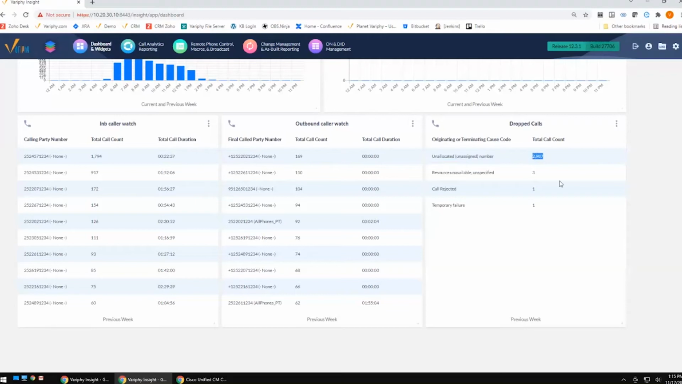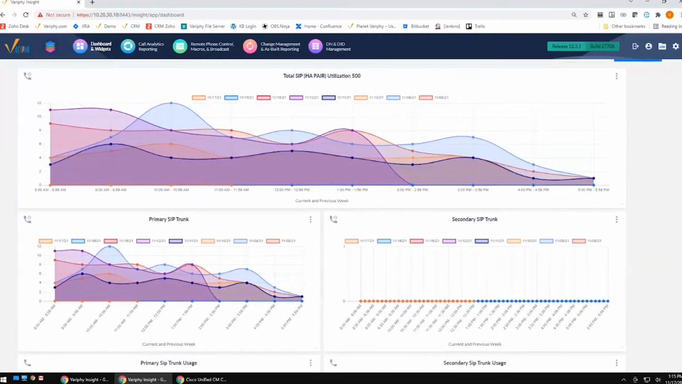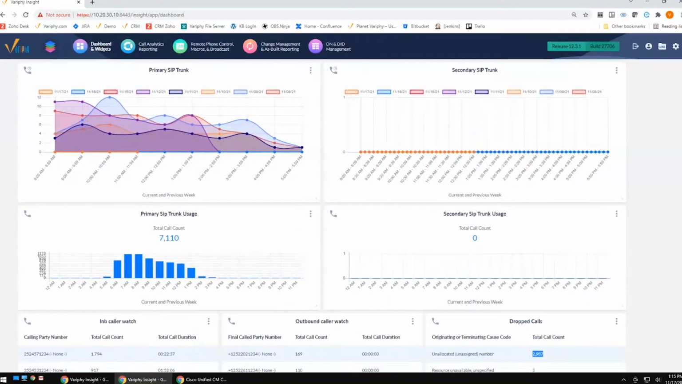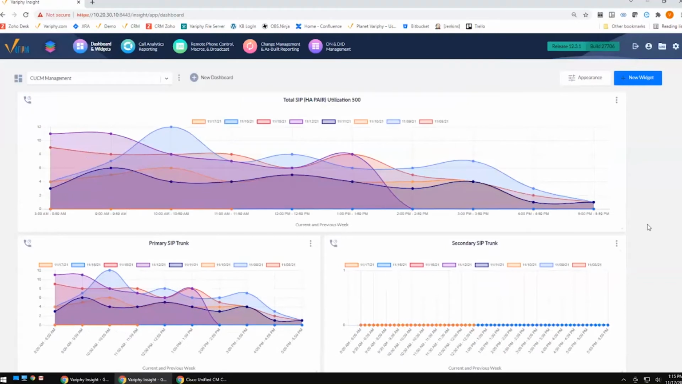So this dashboard and these particular widgets are really here to help UC administrators better manage their environment, and get ahead of potential problems before it's a problem to the end user or to the customers that are calling in. All right. So with that said, the next thing we're going to jump over to is